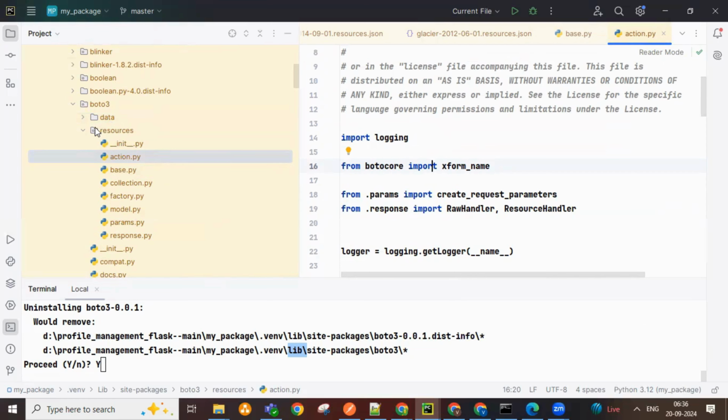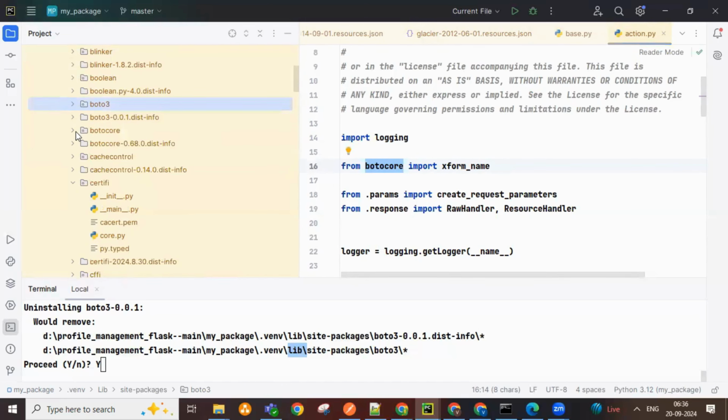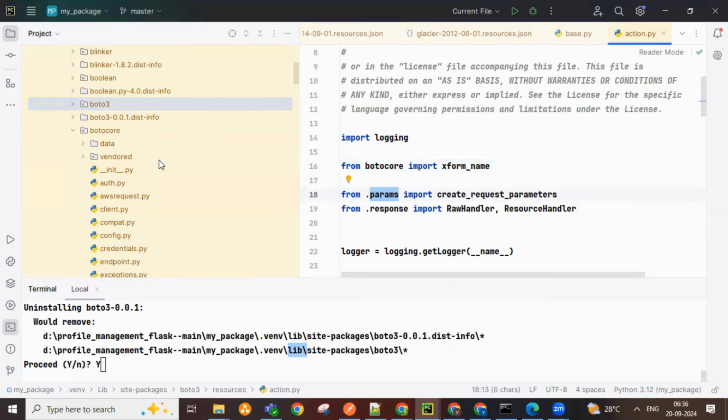So even when you use boto3, it uses third-party libraries. You got it? So, for example, logging is a built-in Python library, and botocore is a third-party library. And if you see, botocore should be available. Did you see here? The botocore library. And even when it comes to this, right? Params and whatever it is, when you're working with these particular libraries, it's important that